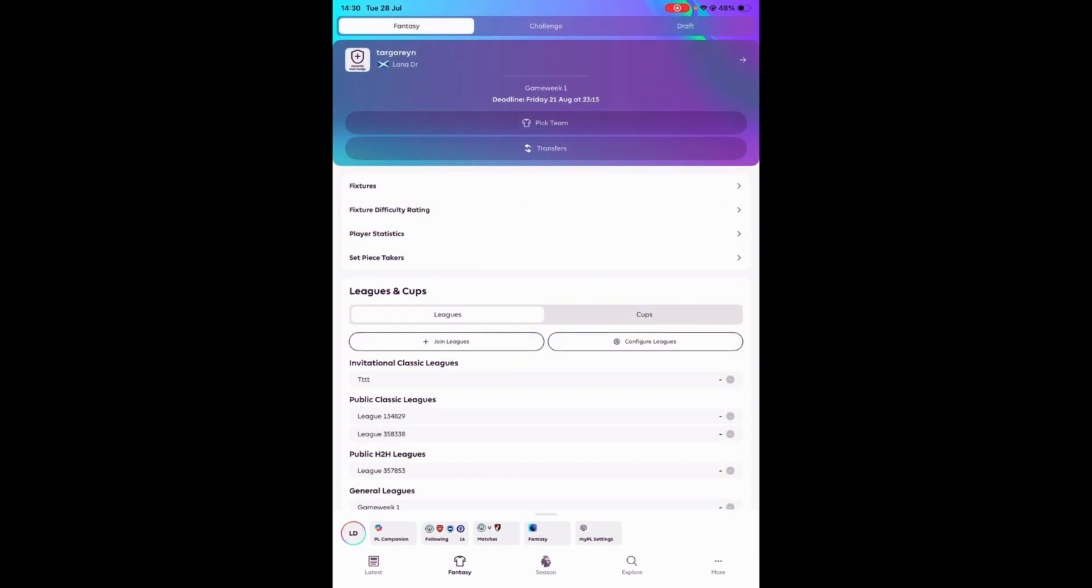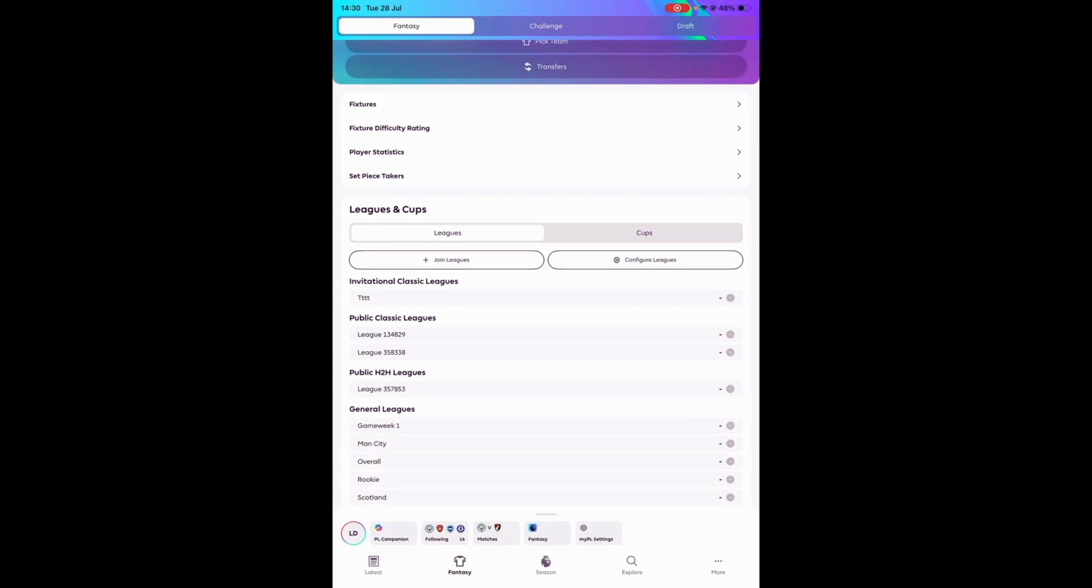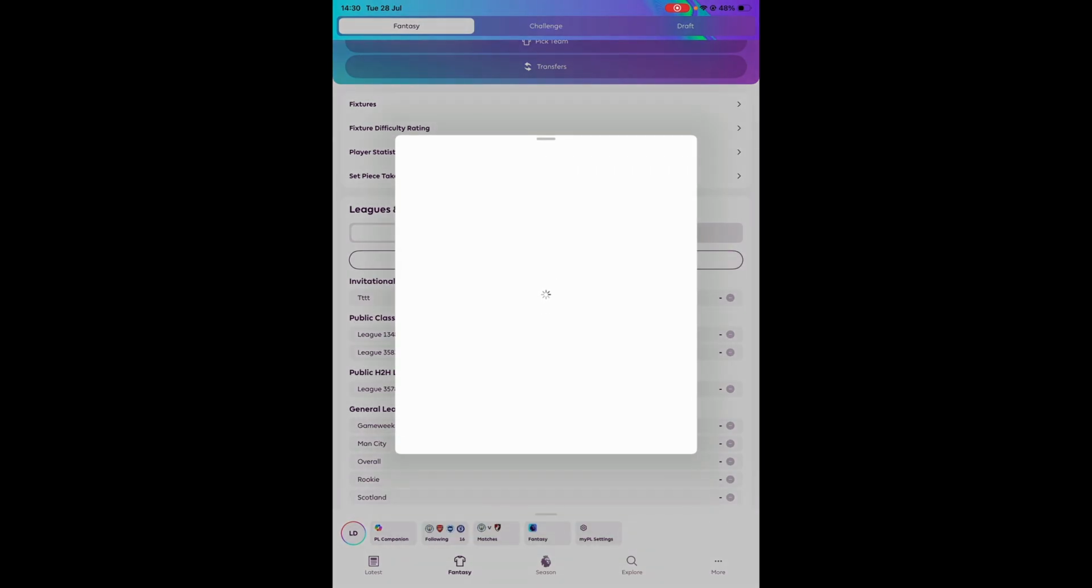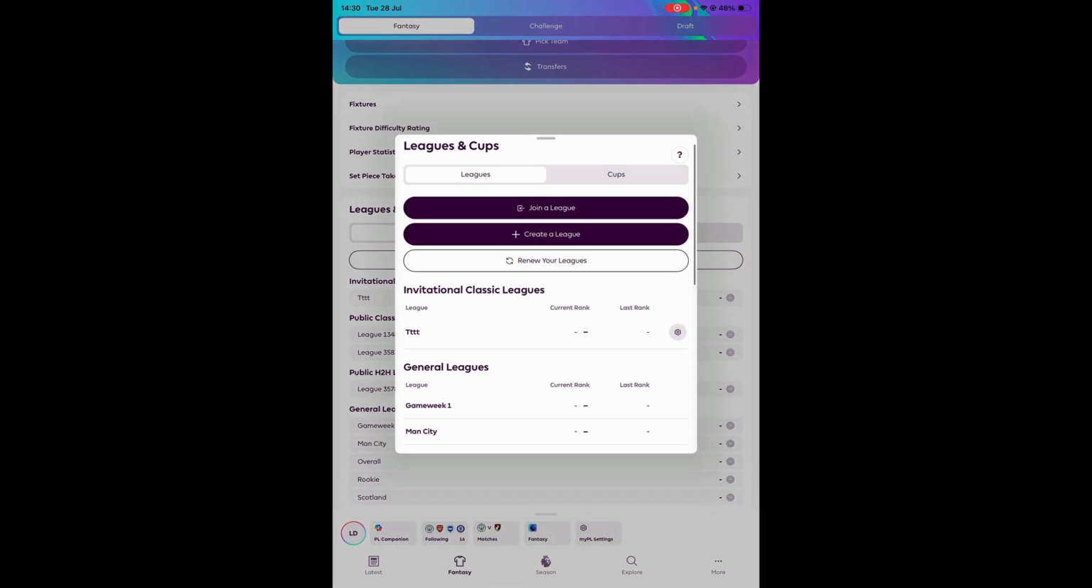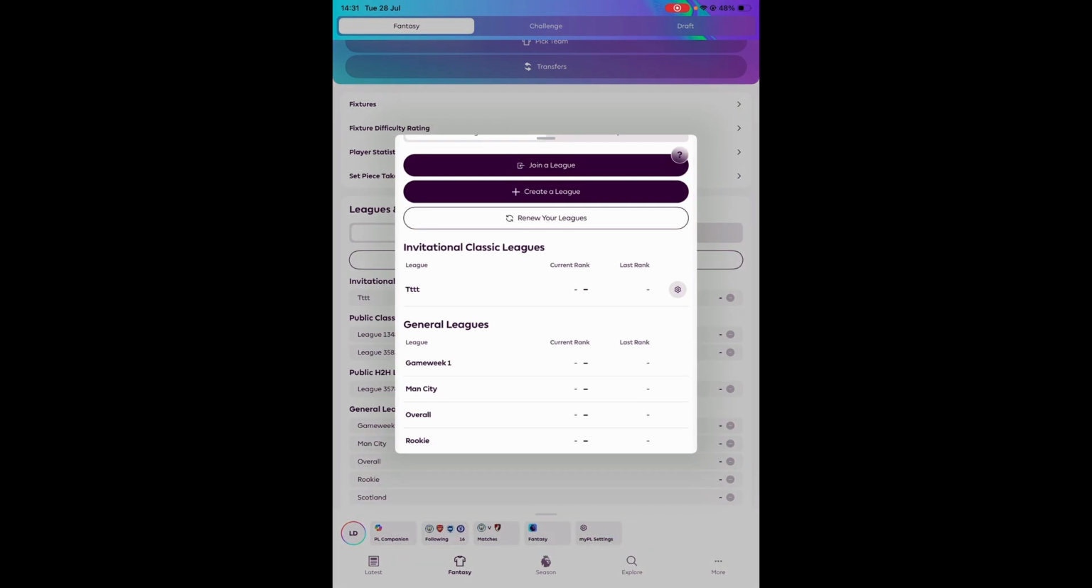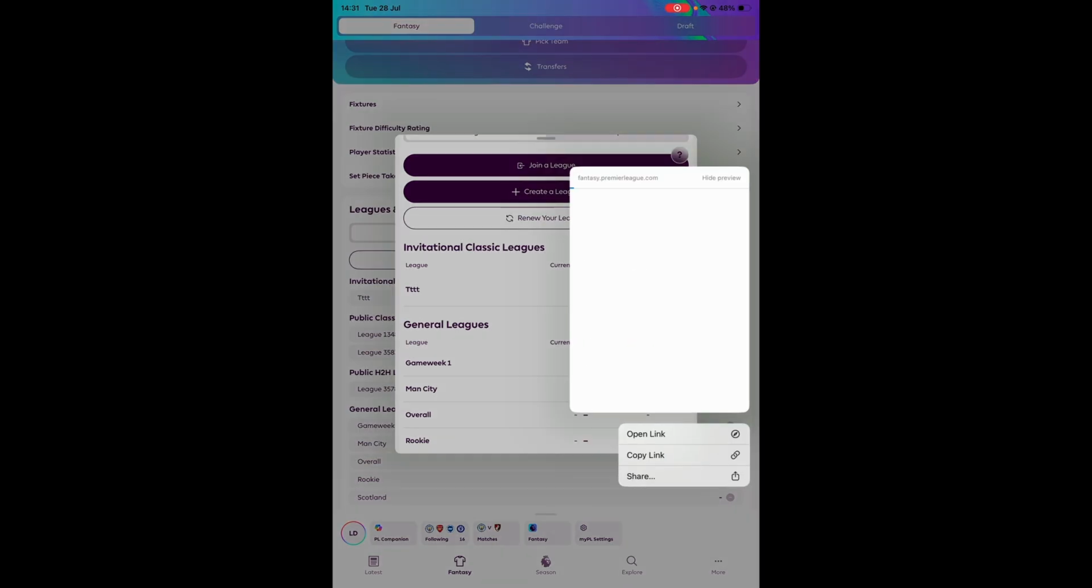After that, go to the fantasy section from the bottom, which is between latest and season. Hover over to the leagues and cups section. Then after, click on configure leagues with the gear icon selected. From this page, go to the league section and select the league that you created and click on this gear